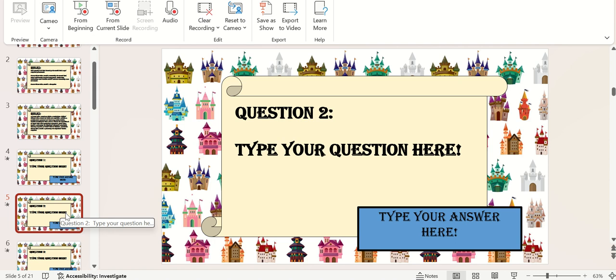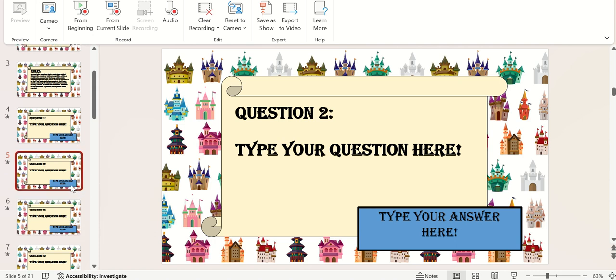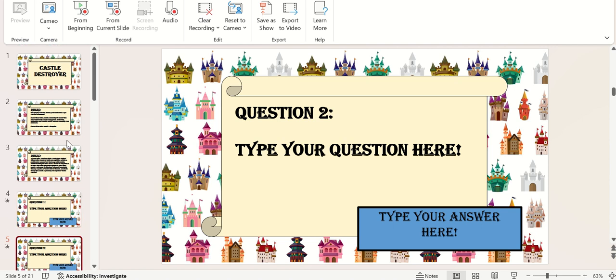Now, a couple of things with this game, it can get to be a little bit heated as to who has the most castle left. We always instruct our students that we are the kings and queens of our classroom, and we make the final ruling on which castle is the most complete. So just remind your students, you are always the king or queen of your room, and you get to decide